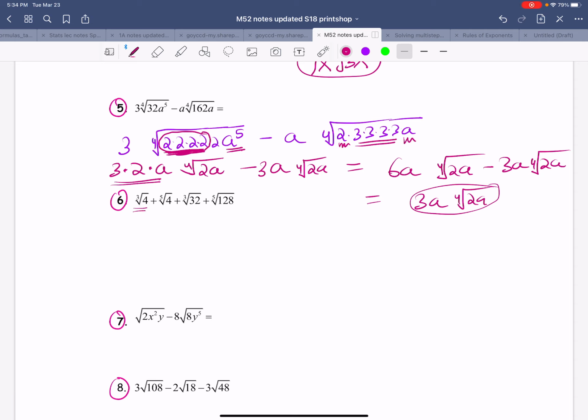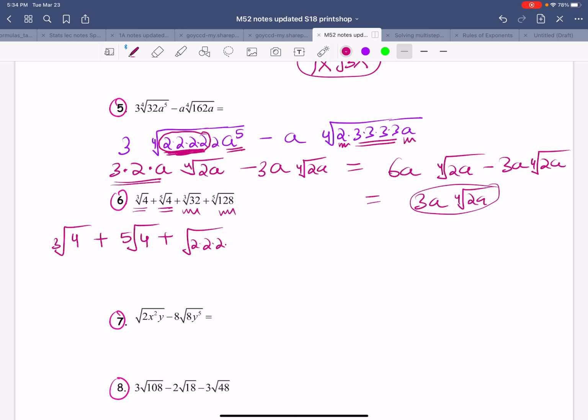Cannot be simplified anymore. Cube root of 4. You don't have 3 or more 2's inside to be able to bring 1 out. Cannot be simplified anymore, but these two can be simplified. So let's go ahead and simplify. We have cube root of 4 plus fifth root of 4 plus